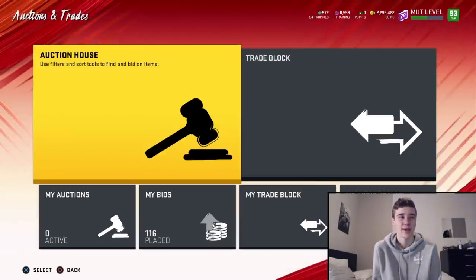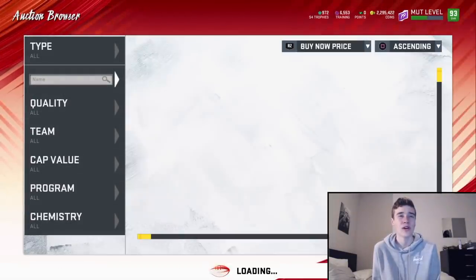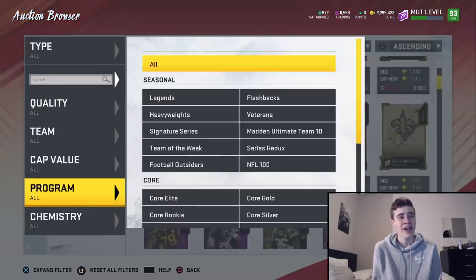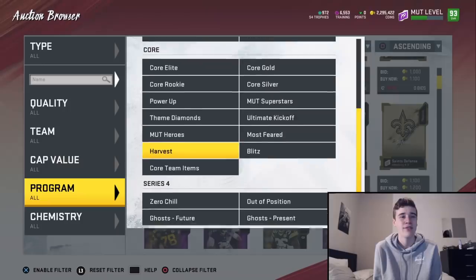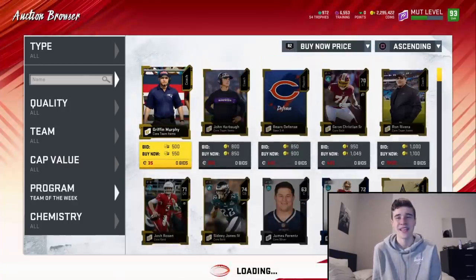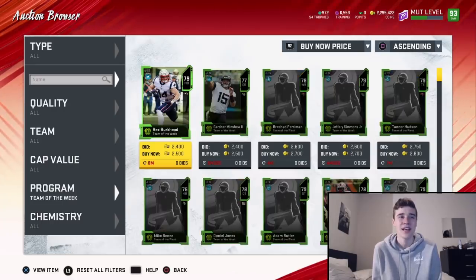So what I would do when I know what program I want to target is now I'm going to look at what overall I want to target. So we're going to come into Team of the Week right here, and basically I want to try and snipe cards. I would say my favorite range of sniping cards is probably somewhere around 10 to 15,000 coin snipes,